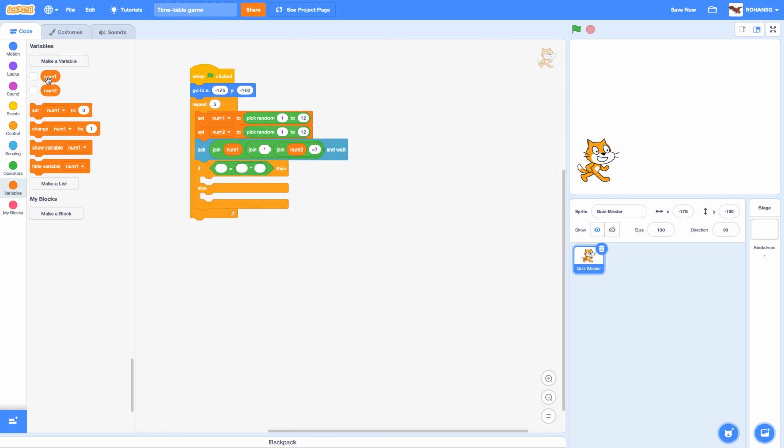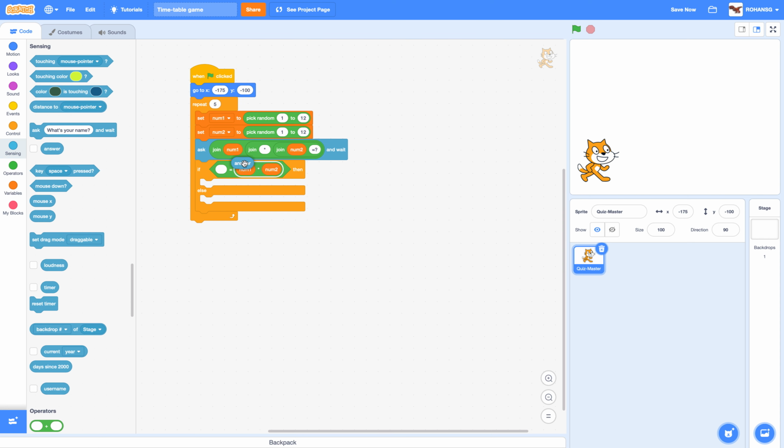Go to variables and drag num1 here and num2 here, and go to sensing and drag the answer block. This checks if the answer is equal to num1 multiplied by num2. If yes, then we'll say